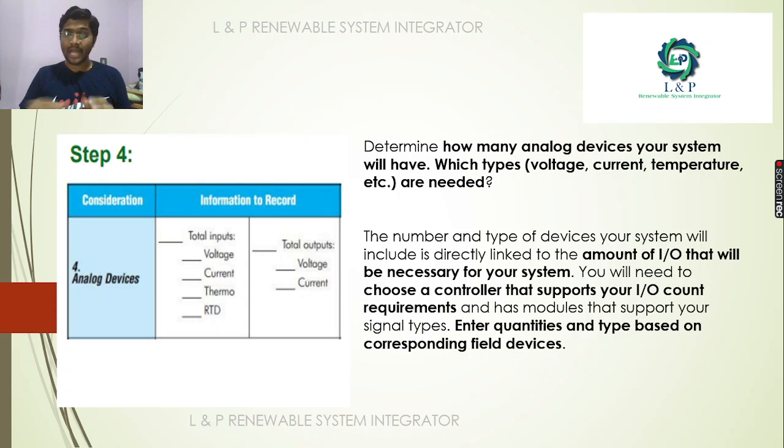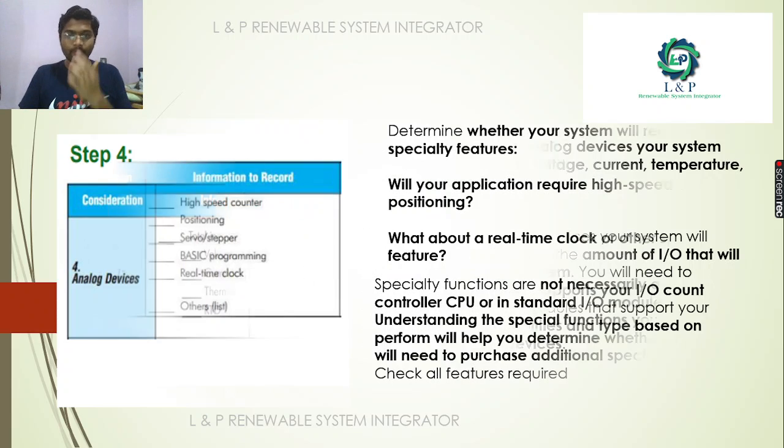The next step is that, apart from it, there is a possibility for us to command certain things. In such occasions we need the output module, so we need to choose the output modules properly. We used to control external field devices using voltage or sometimes with the help of current. Based on that, we have to choose our analog input and output devices.